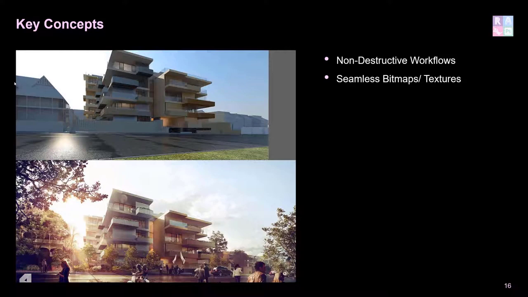Think about games as well. In games, we'll use the same texture again and again, but the way that they're joined is so seamless that you never actually notice it. And so when you're searching for images, you might say, I want to find, I don't know, grass texture or carpet texture or weatherboard texture. It's important to put seamless in the search bar to make sure it picks up those images that won't be